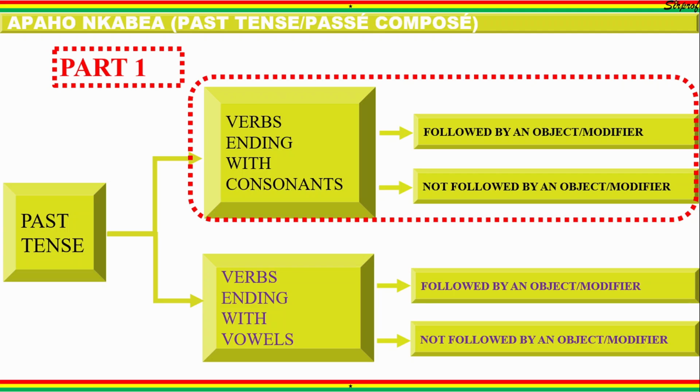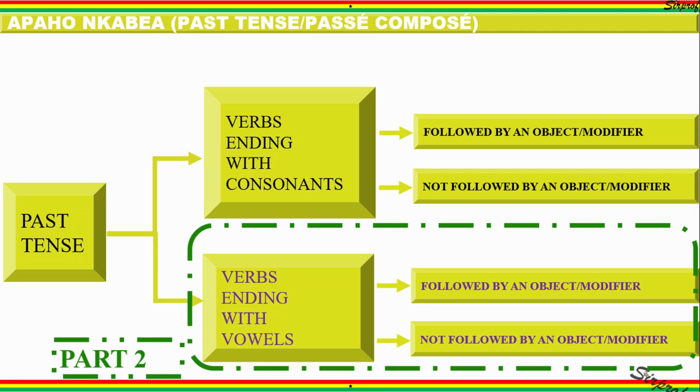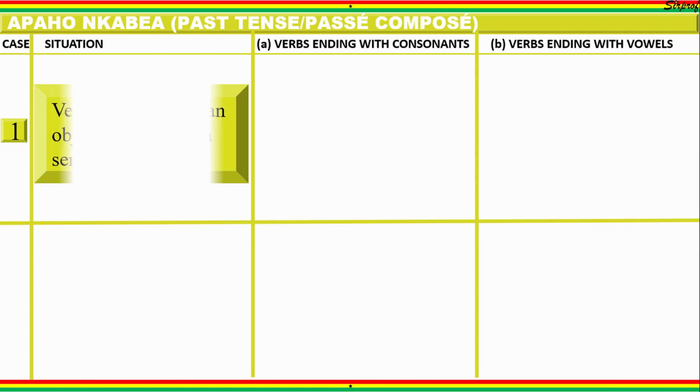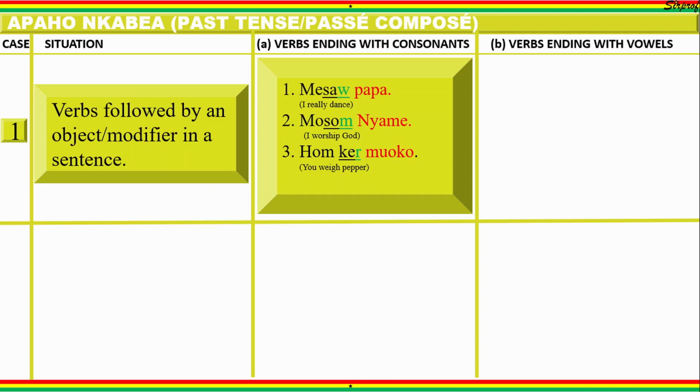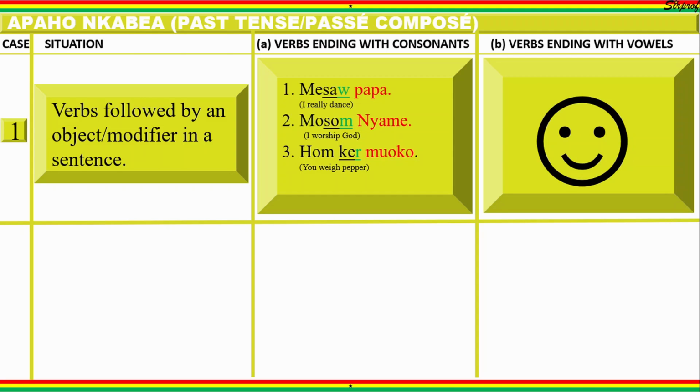Part 1 of our past tense lessons gave us the rules for treating verbs ending with consonants. In this lesson, we'll be taking a look at verbs ending with vowels. For the first case, verbs followed by an object or a modifier in a sentence. We saw examples of verbs ending in consonants and are followed by an object or a modifier. Similarly, for verbs ending with vowels, examples of cases where they are followed by objects or modifiers are